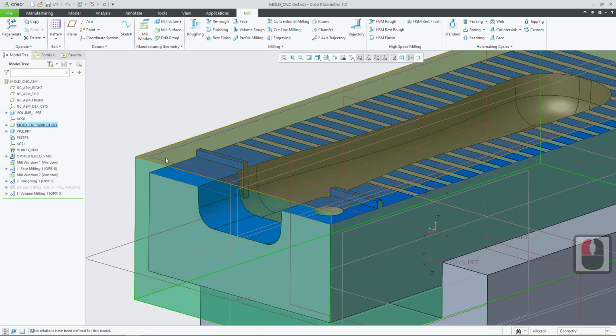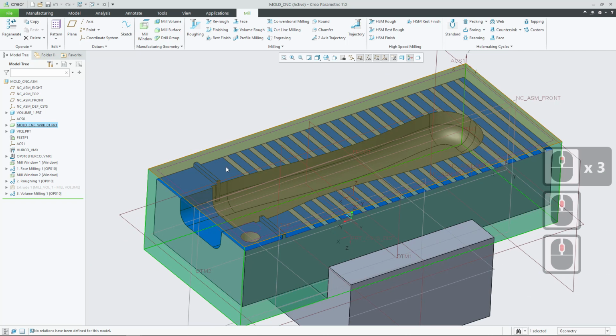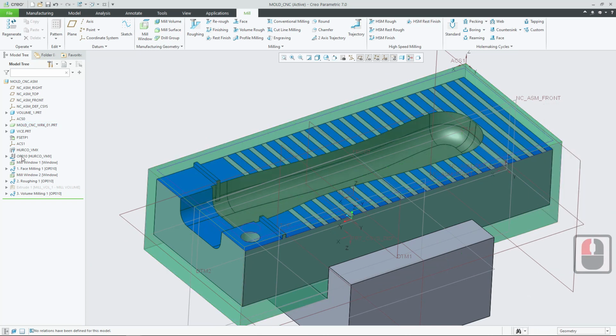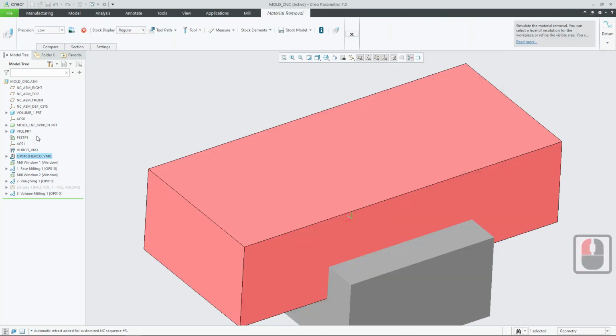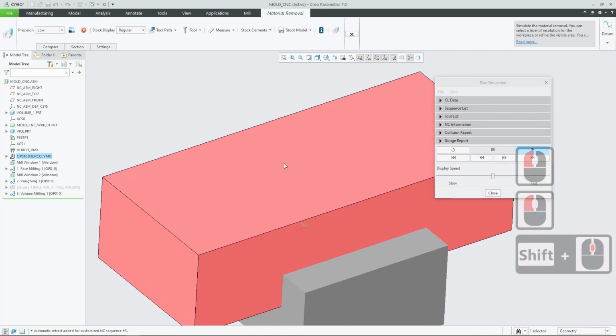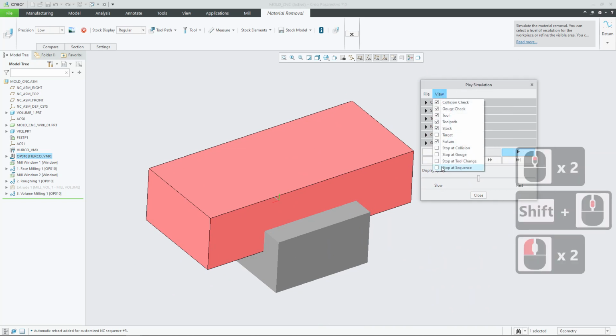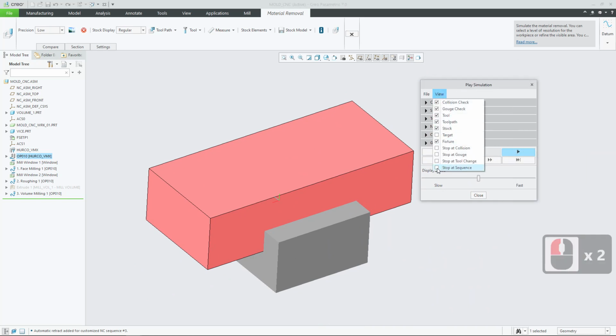So we've had it in hidden mode just to make it easier to select geometry from our reference model. So you have to make it visible, and then we can go to our overall operation, click on stock removal or material removal simulation, and then click on this icon to allow us to play this. One option in here that is quite useful to set is this option here in the view menu, stop